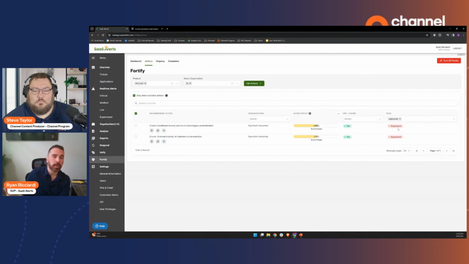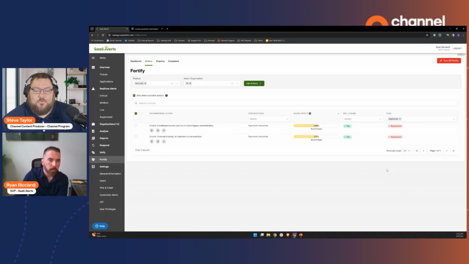If somebody adds a SharePoint library and you had some DLP settings, but you don't have them for that library, we'll show you a regression because it's not accurate across the entire org. So we help you make sure that what you set in place stays in place. And then in the event that somebody does find a way around it, like falls for a phishing email, we have an automatic reaction to respond to that and take care of it.